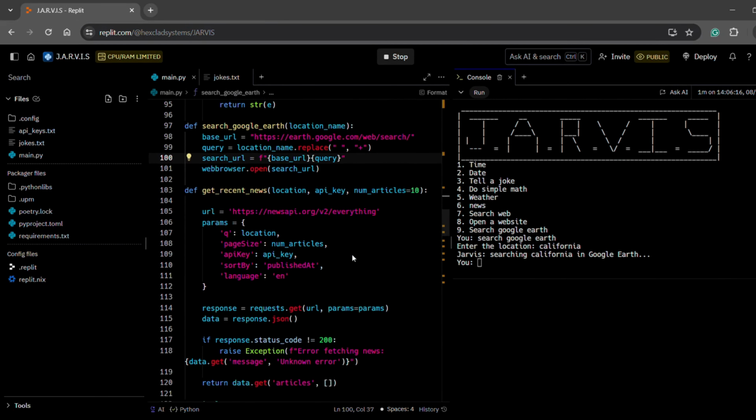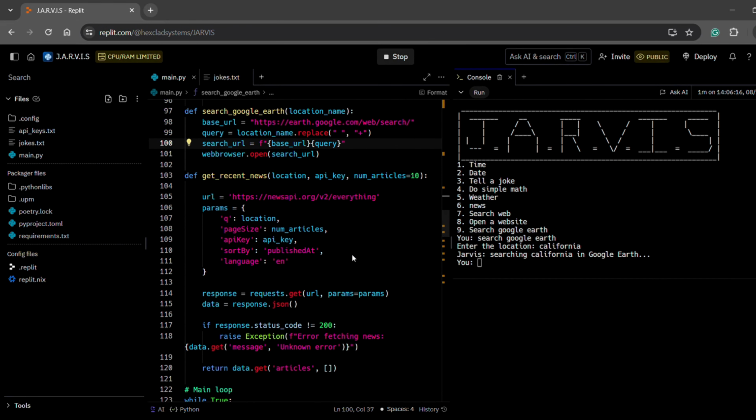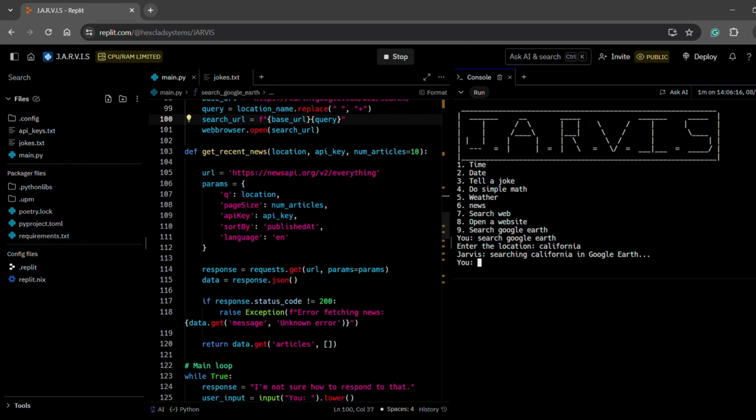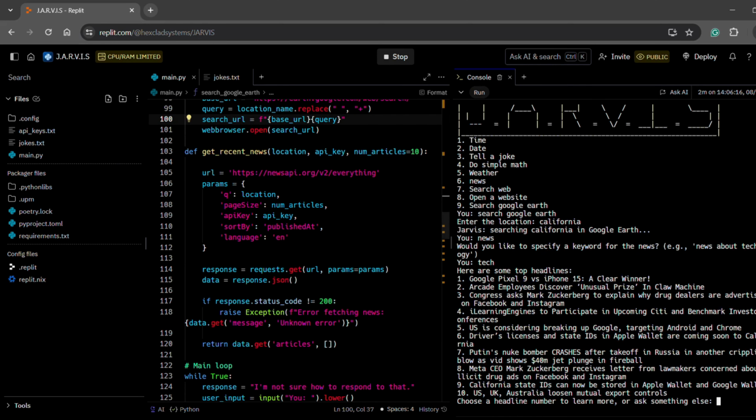So, let's go back to the code. We can get recent news. Basically for that, you just type in news, right? And it just asks you if you want to specify a keyword. Maybe you want news specifically on like the tech industry, quantum computing or something. I'll just say tech, right? And so it's just going to bring up some good stuff about tech,